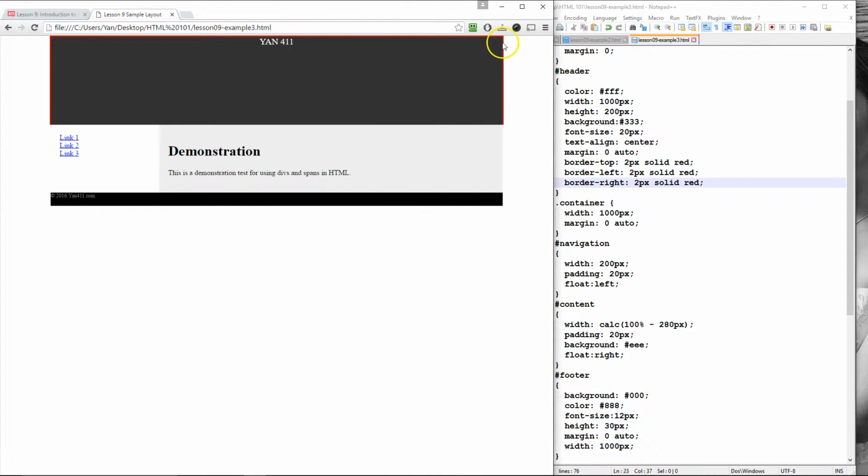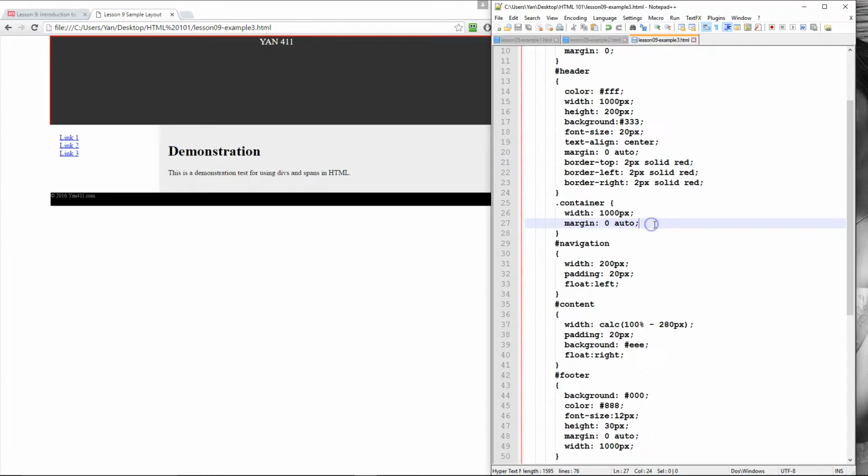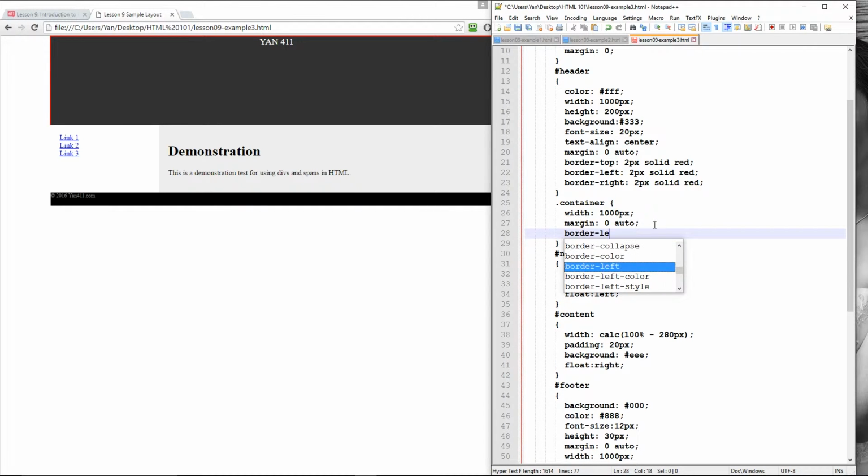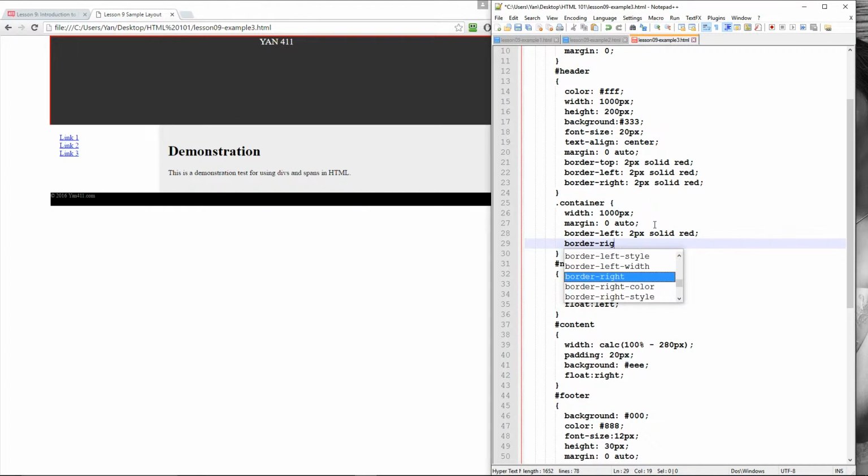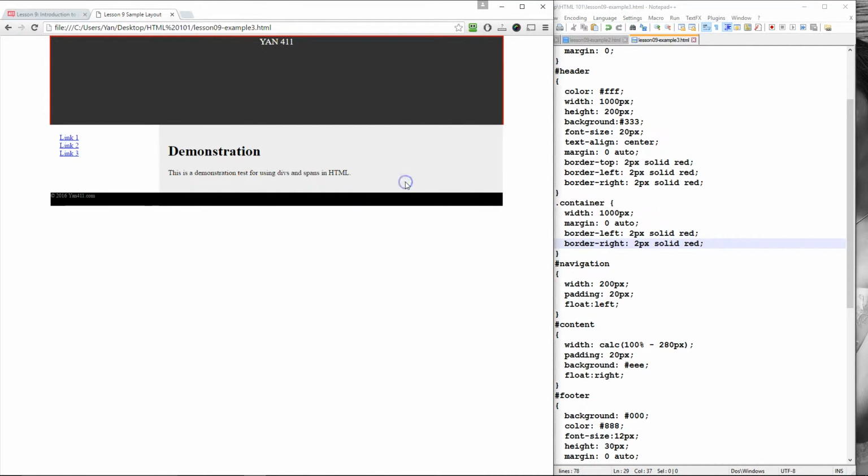And then I would apply the corresponding border sides to each of these. So for example, for the container, I would do a border left 2 pixel solid red, border right 2 pixel solid red. If I refresh here,